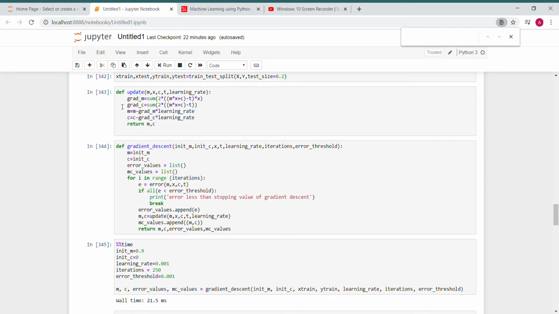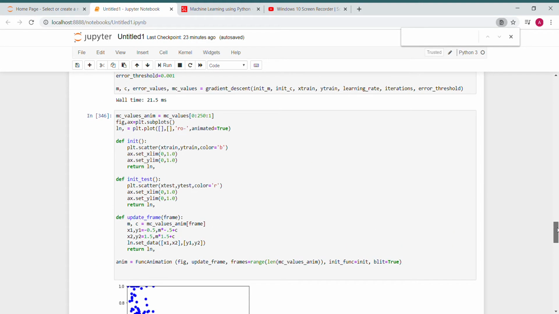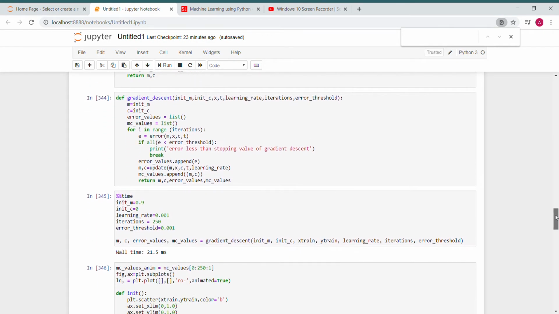And the next step is, we have defined here the update function. We have to update the values of m and c, so that we are getting an updated value, and thus the model will be trained in a proper way. And here we have just trained the model, and we have given all the error values, so that if there is an error, the model will know, and it will come out of that.